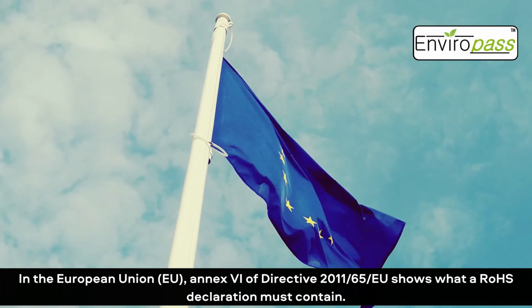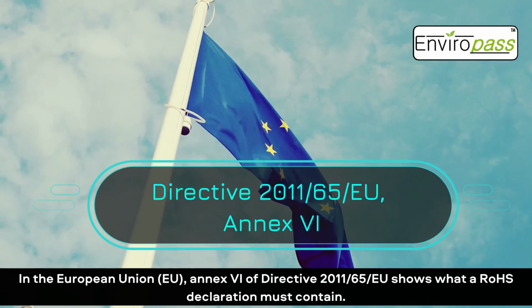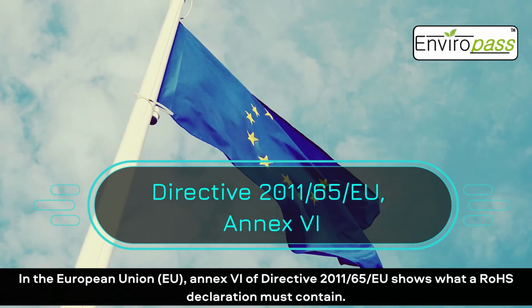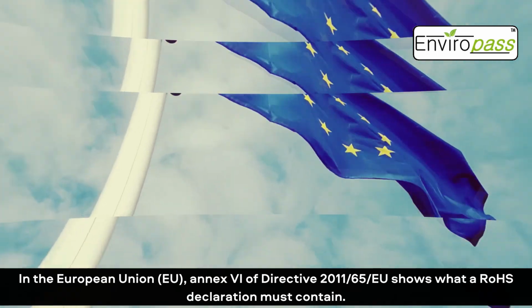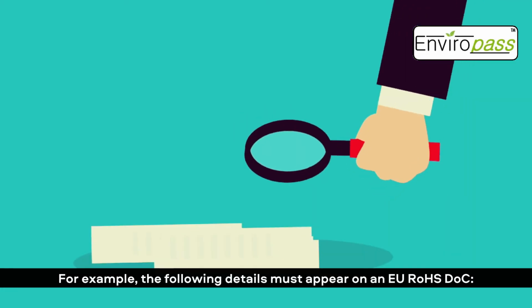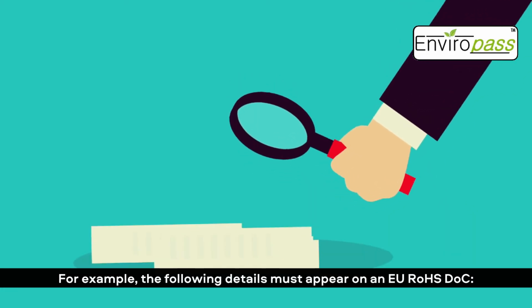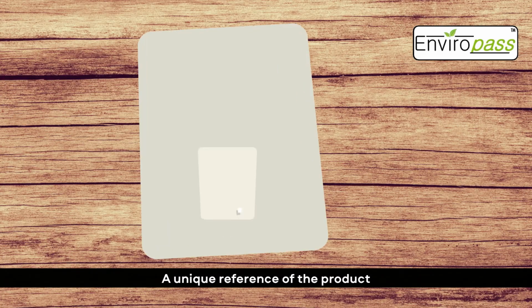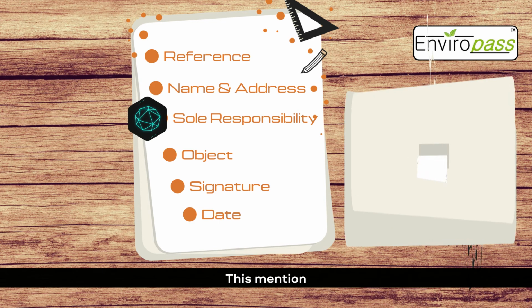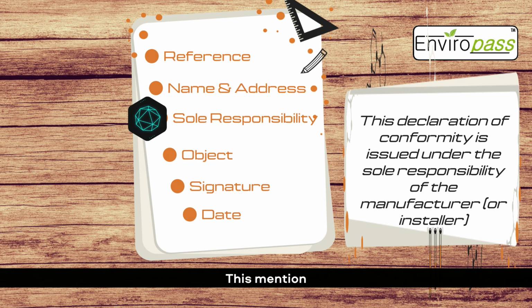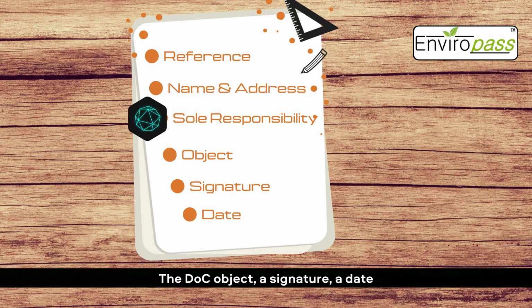In the European Union (EU), Annex 6 of Directive 2011/65/EU shows what a RoHS declaration must contain. For example, the following details must appear on an EU RoHS DoC: a unique reference of the product, the name and address of the manufacturer. This declaration of conformity is issued under the sole responsibility of the manufacturer or installer, the DoC object, a signature,